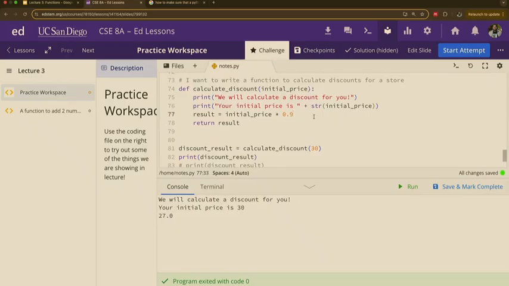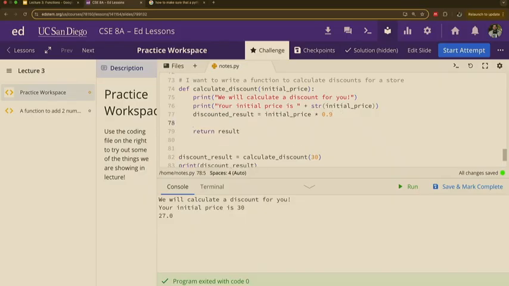Here, we can say here, we have the initial price, we take away 10%, 0.9. But now, so let me see, so let's say discounted result is the initial price, right? But now let's say we want to add an 8% tax, right? Because 8% is the typical sales tax that we have in California.